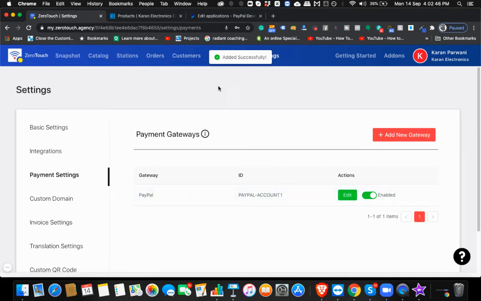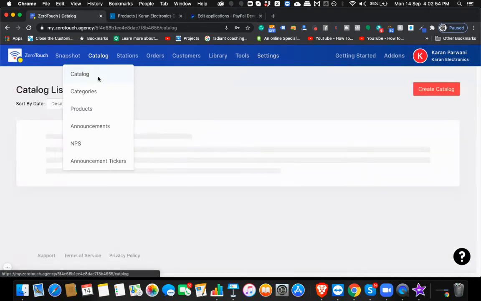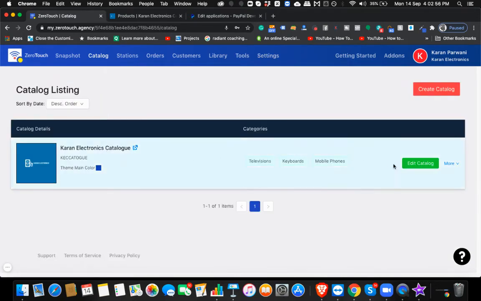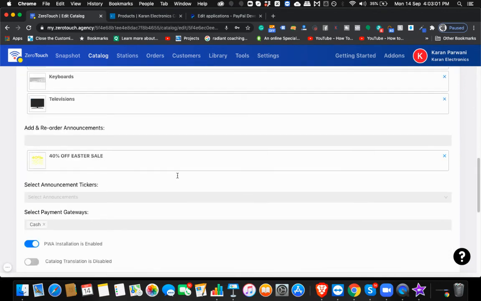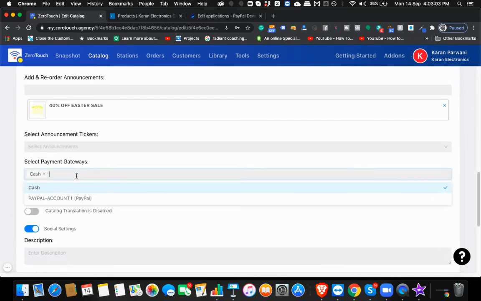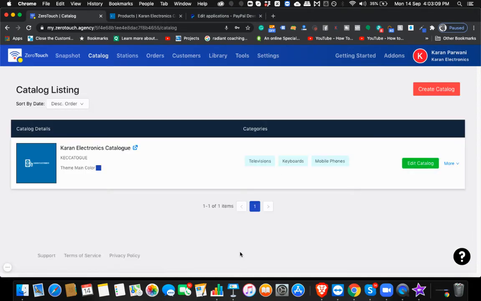In order to check whether it is working, you go inside catalogs, and under the catalog which you have created for your store, click on edit catalog, and inside this, add a new payment gateway, which is PayPal account number one, and click on save catalog.